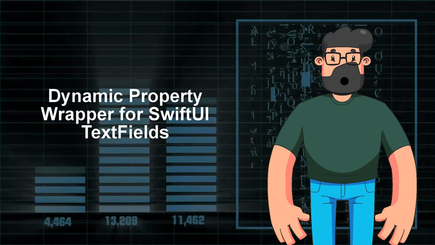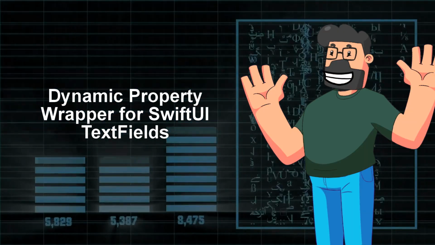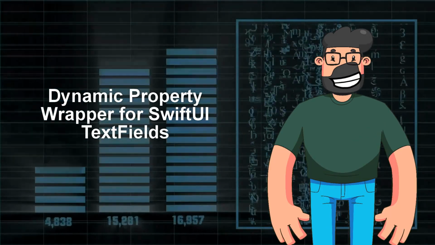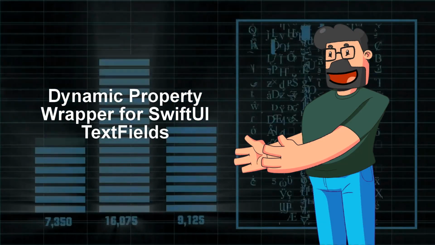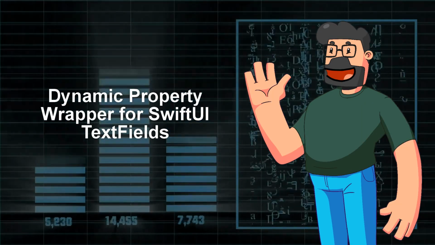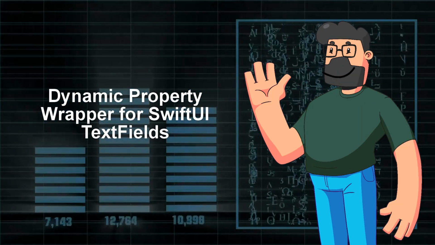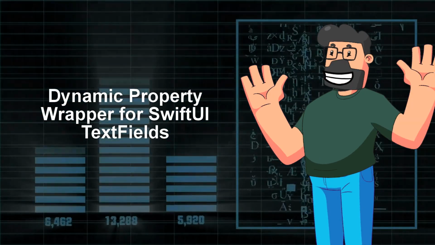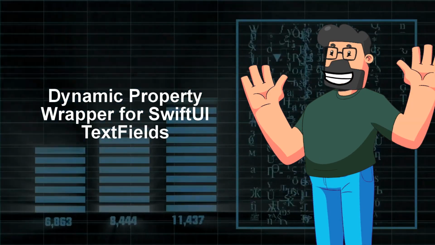In today's video, we're diving into a problem that might ring a bell for some of you tech enthusiasts out there. So, picture this. You've got this text field in your SwiftUI app, and you want the text to be automatically transformed to uppercase as you type. Sounds straightforward, right? Well, it turns out that making this happen seamlessly without any extra fuss is not as simple